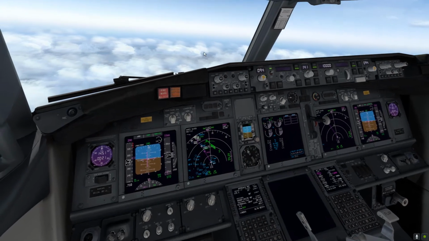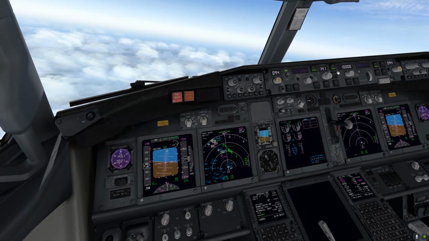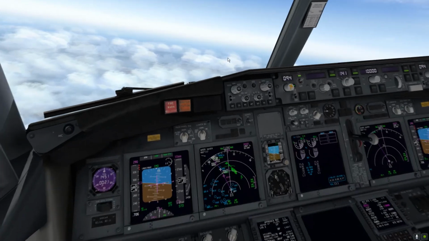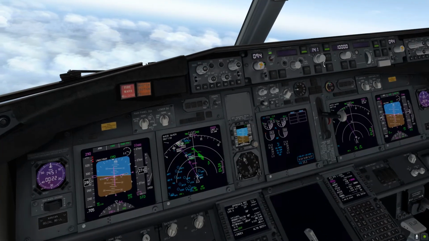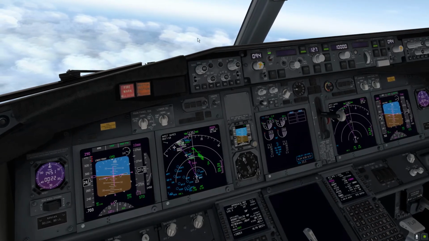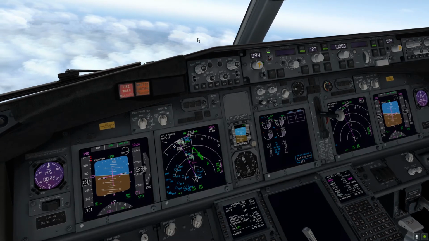Today is not going to be any special from an LNAV VNAV usage, but sometimes when flying in low temperatures airport or into some other airport with a lot of wind, with maybe something like 25-30 knots of wind